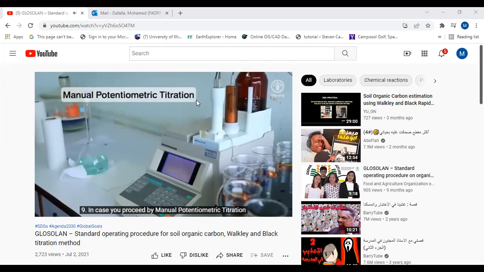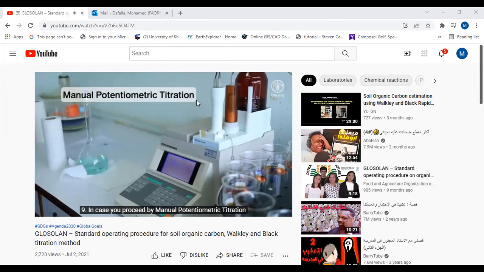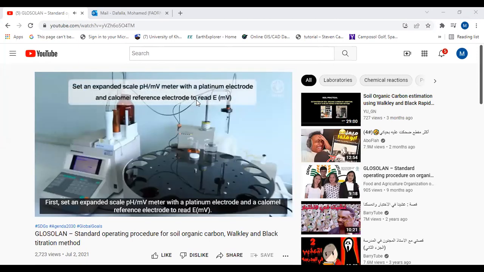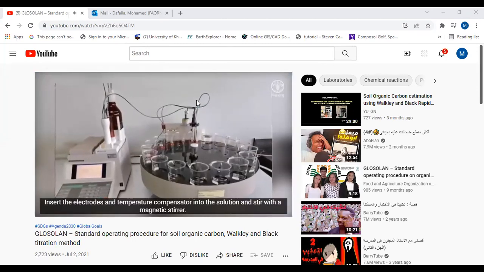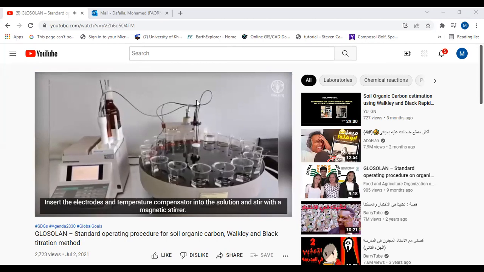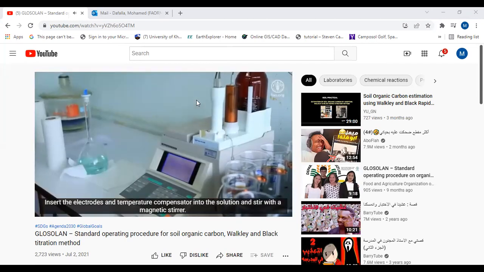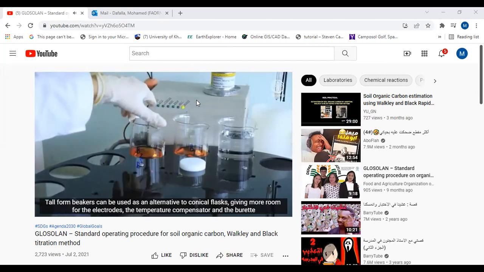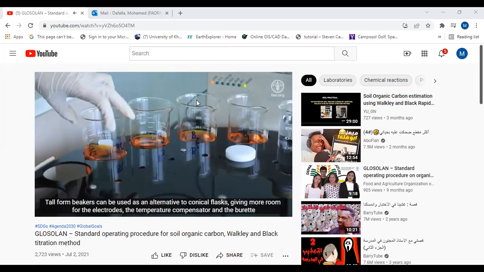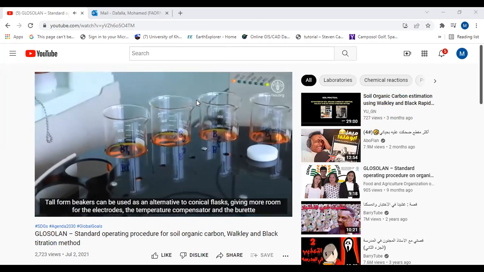In case you proceed by manual potentiometric titration, first set an expanded scale pH meter with a platinum electrode and calomel reference electrode to read the potential difference in millivolts. Insert the electrodes and temperature compensator in the solution and stir with a magnetic stirrer. Tall form beakers can be used as an alternative to conical flasks, giving more room for the electrode, temperature compensator,